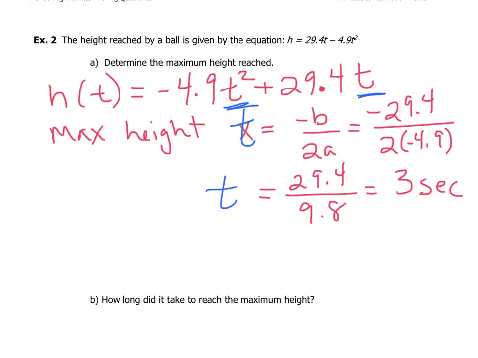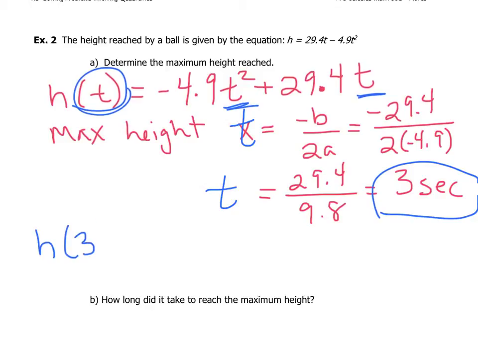So our time that our ball, in this case, reaches its maximum height is 3 seconds. So we need to figure out what the actual height is. So we take our 3 first, the time, and we plug it back into our equation right there and end up with h of 3. That means the height at 3 seconds equals